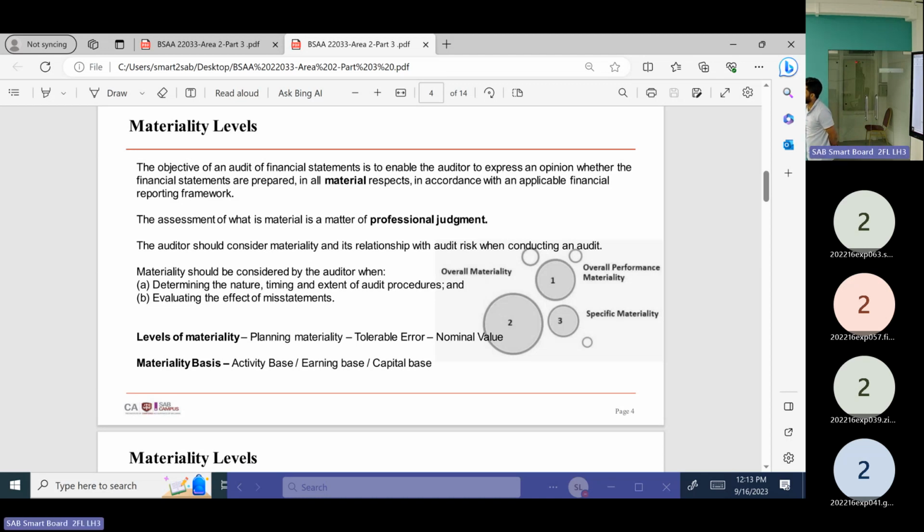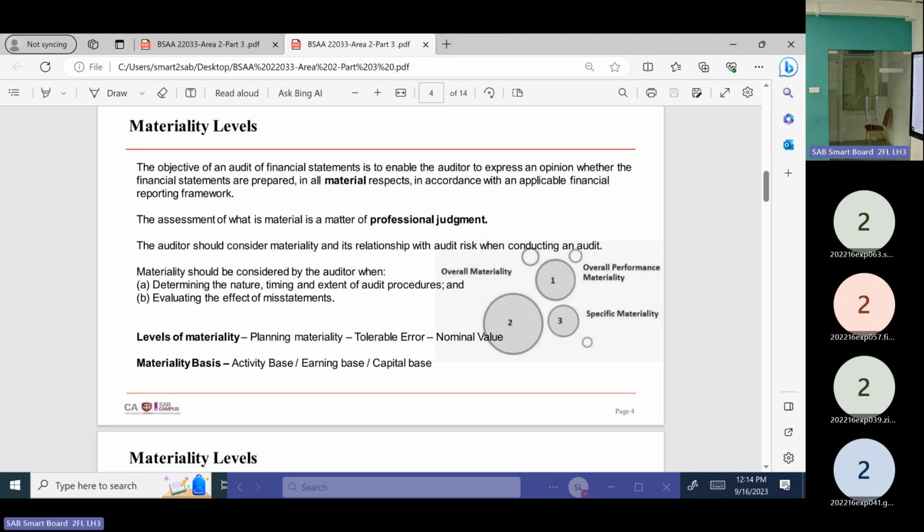There's a definition under LKS 1. What do you mean by materiality? Materiality means that information is relevant for stakeholders. If it is so, it's material, right? Otherwise, you can set off. As an accountant, you can't set off if it is material. You have to disclose separately. If it is not material, you can set off. If it is material, you have to make that disclosure. Material means relevant for decisions.